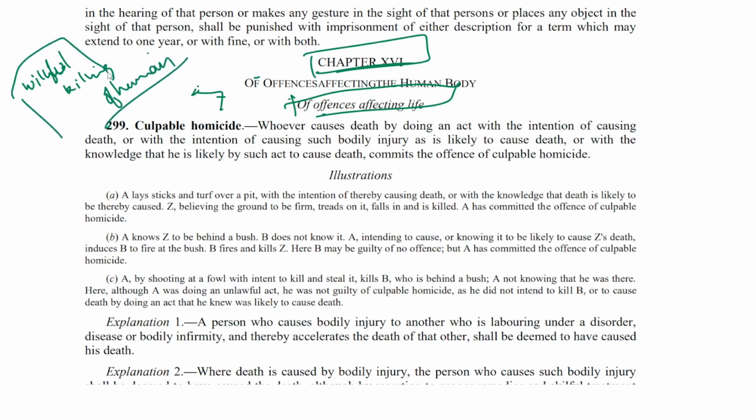Okay? Whoever causes death by doing an act with the intention, and when we say with the intention, it means willfully,